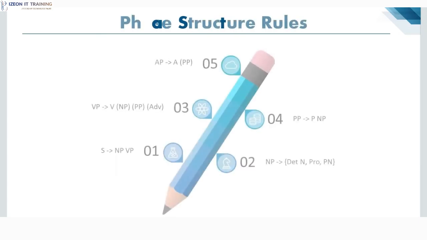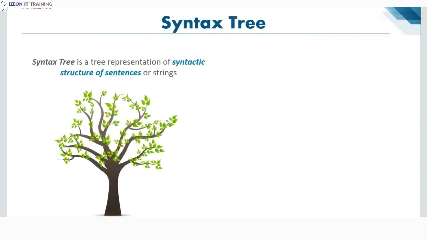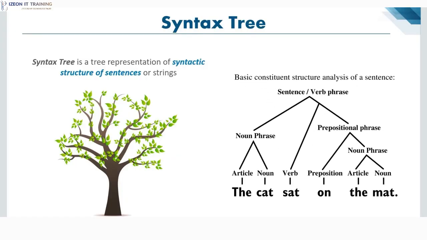So what we have here are certain rules as to what part of the sentence should come at what position. With these rules, one can create a syntax tree whenever there is a sentence input. Now, a syntax tree in layman terms is basically a tree representation of the syntactic structure of the sentence or strings. It is a way of representing the syntax of a programming language as a hierarchical tree structure. This structure is used for generating symbol tables for compilers and later code generation. The tree represents all the constructs in the language and their subsequent rules.